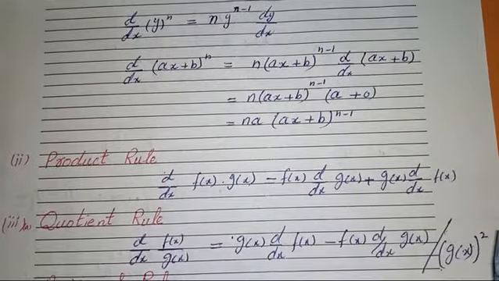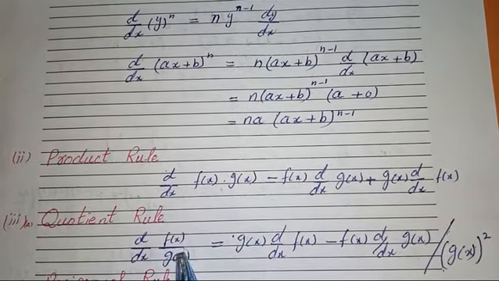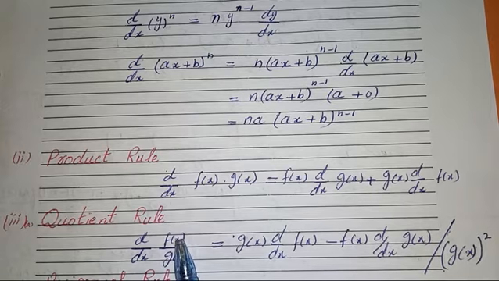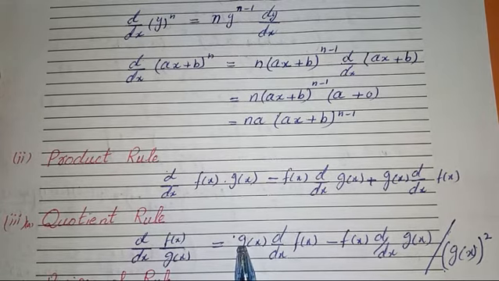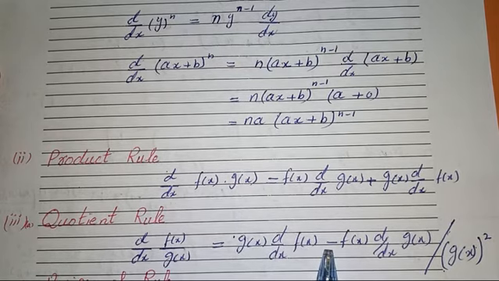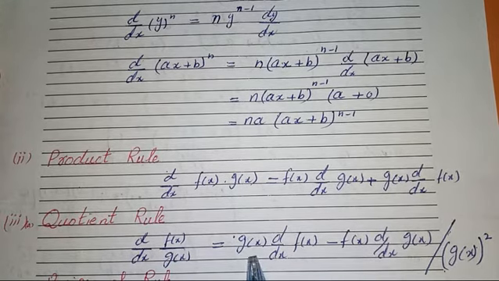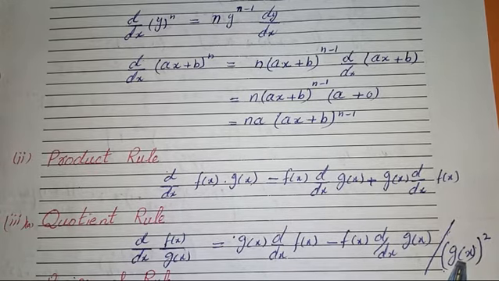While if two terms are written in division form, first written in numerator and second one in denominator, then we will apply the quotient rule. So what is the quotient rule? Denominator term written at the start, times the derivative of the numerator term, minus the numerator term as it is times the derivative of the denominator term, and all these terms are divided by the square of the denominator term.